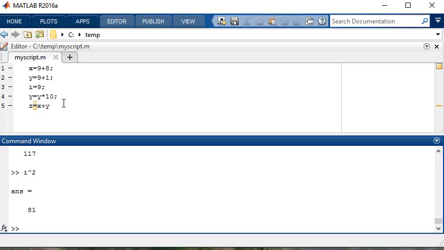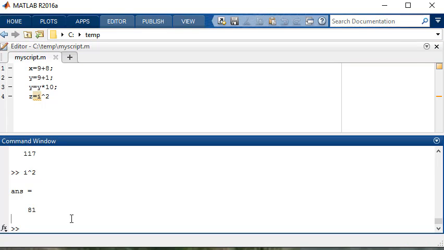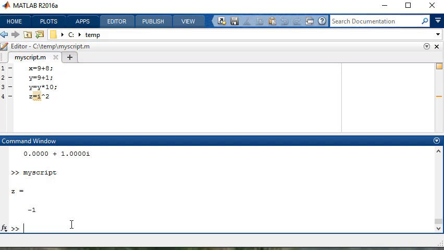Now this cuts both ways. Suppose in my script I wanted to set z equal to the square root of -1, and the way I choose to do that is by saying it's going to be I squared. And let's come down here and clear I. So I now is square root of -1. When I run this script, everything will work the way I expect it. So hit F5, it says z is -1, just like I think it should be. But if I was to change the value of I before I run the script, then come up here and run it,